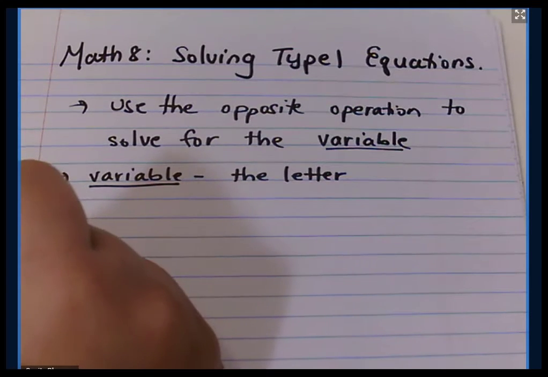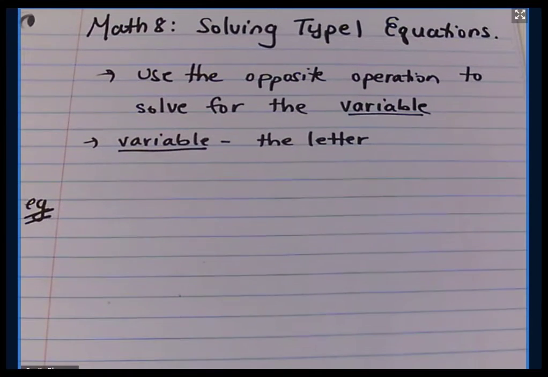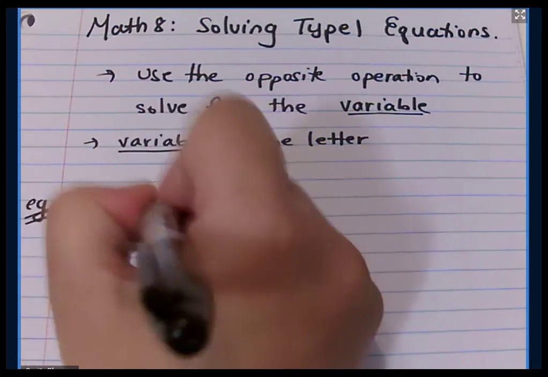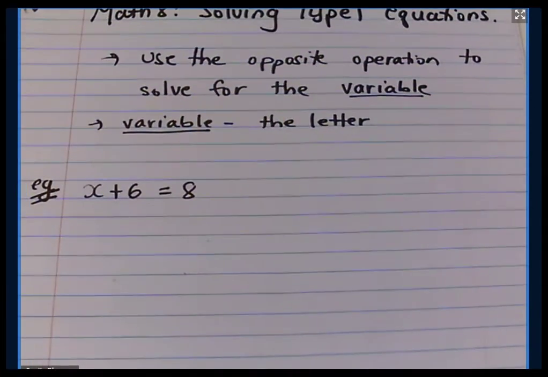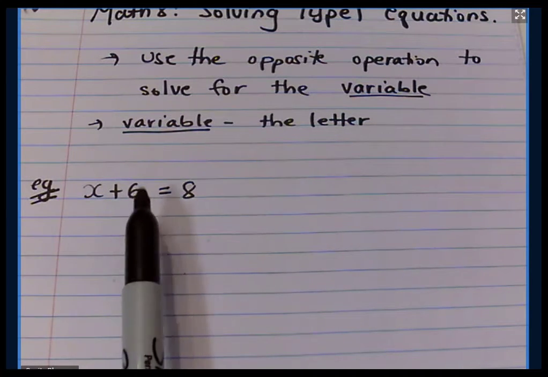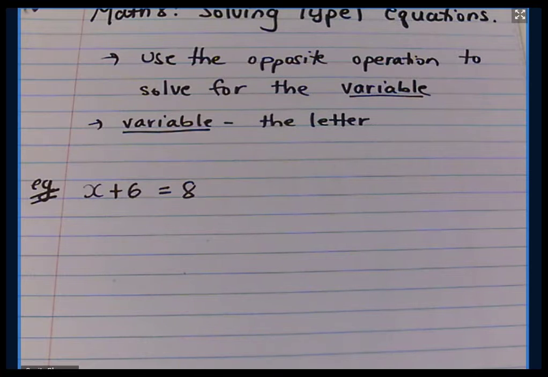So let's take a look at our first example. We'll look at type 1 addition. If we had something like this, x plus 6 is equal to 8, we need to solve for x. So doing the opposite operation of plus 6,